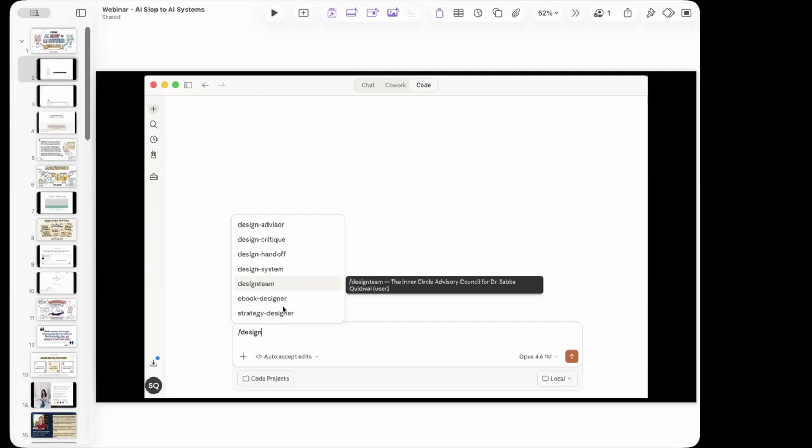So as somebody who runs a business, it gets pretty lonely, right? Like I don't have a huge team, we're not a huge company. And there's a lot of times where I'm just like, oh, should I do this or should I do that? And I'm going back and forth in my head. You don't always have someone you can pick up the phone and talk to. Like I have amazing mentors all around me. So many of you in the chat I talk to all the time, but I don't have somebody I can always call. So I actually created an 8-person advisory inside of Claude Code